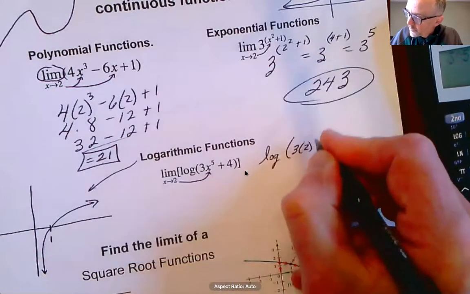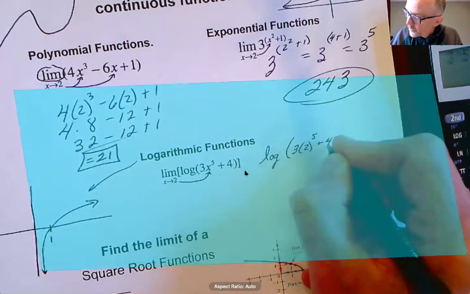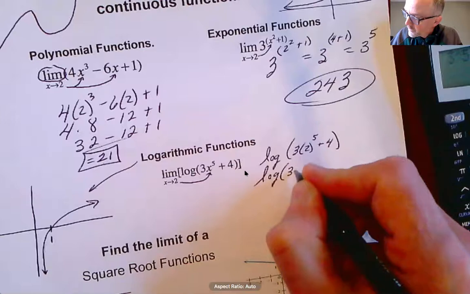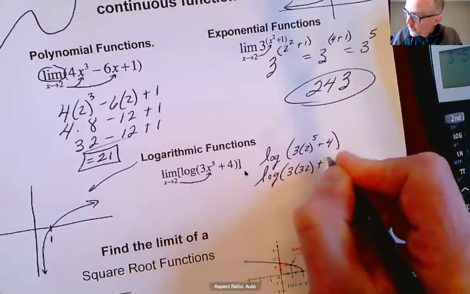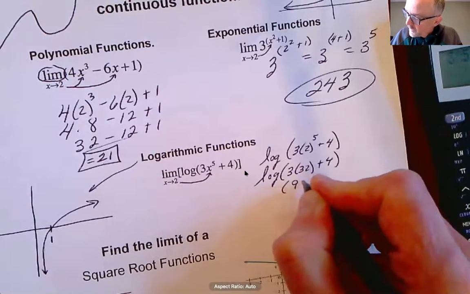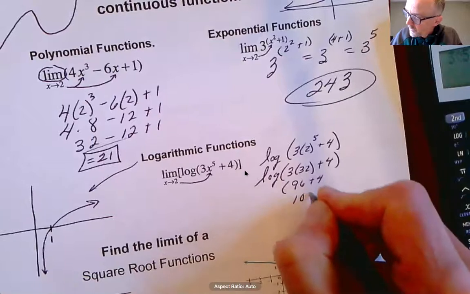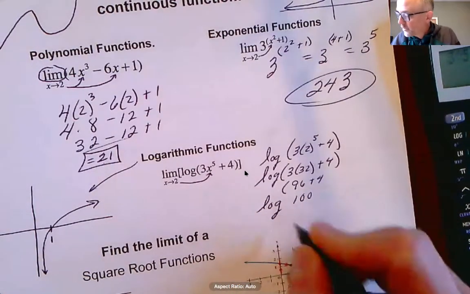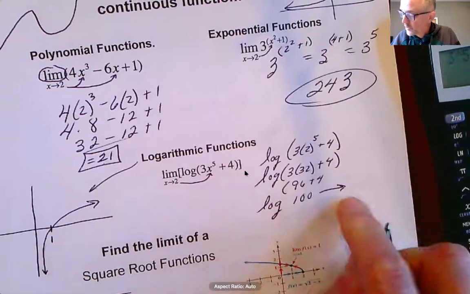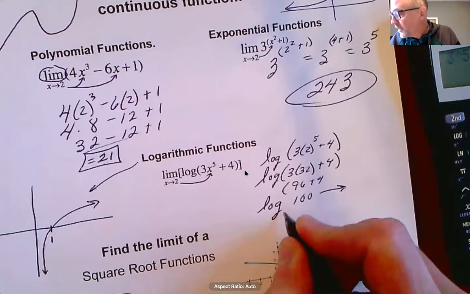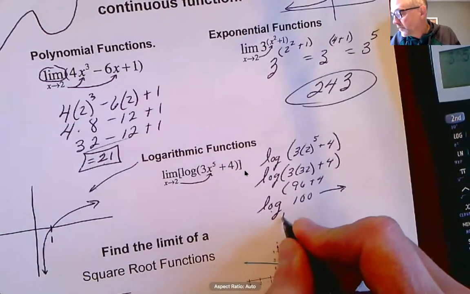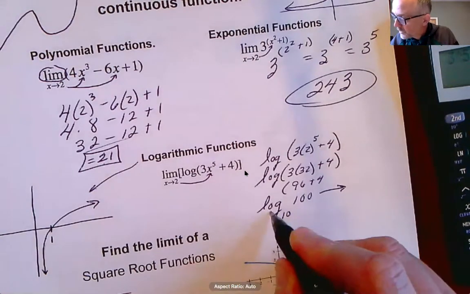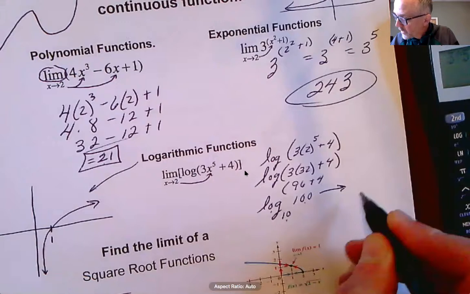3 times 2 to the 5th plus 4, log of 3 times 32 plus 4, 96 plus 4, 100, the log of 100. Okay, so what's the log of 100? Well, that's going to be your limit. You have to remember, if you don't see a base, it's base 10. That's the common log. And remember how this works. The log of 100, base 10, the answer over here